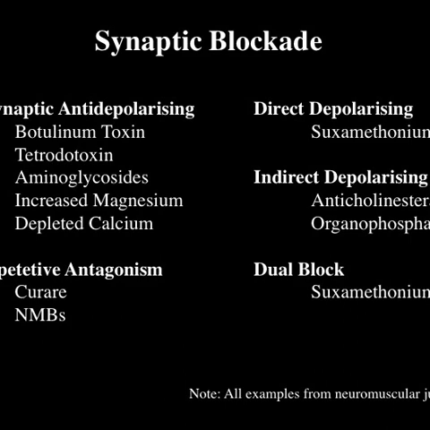The second class of block is competitive antagonism. A molecule comes along which attaches to the post-junctional receptor but doesn't stimulate that conformational change. It doesn't open the ion channel. So it's a competitive antagonist with the neurotransmitter. Classical examples there are the neuromuscular blocking agents that are used as drugs during the practice of anesthesia. They're not in themselves anesthetics, they cause paralysis.